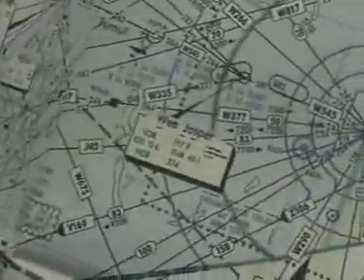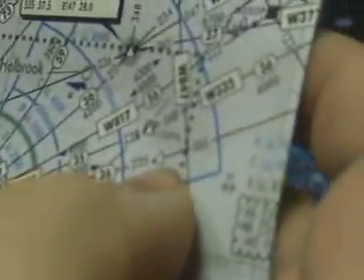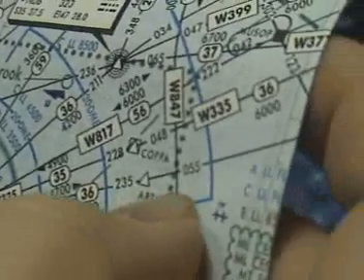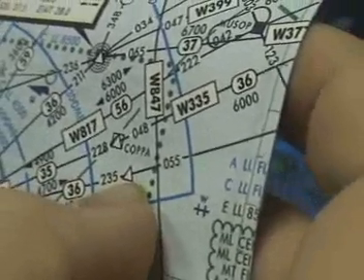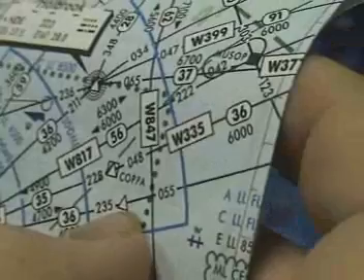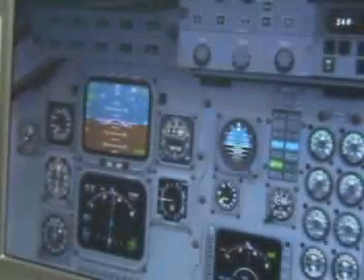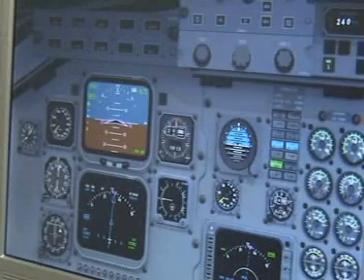to the J42 airway at Arran, which is 36 miles from Albury. You track inbound on Albury VOR 235. So I'll be coming inbound on the 235 radial of Albury, and as you track inbound overhead